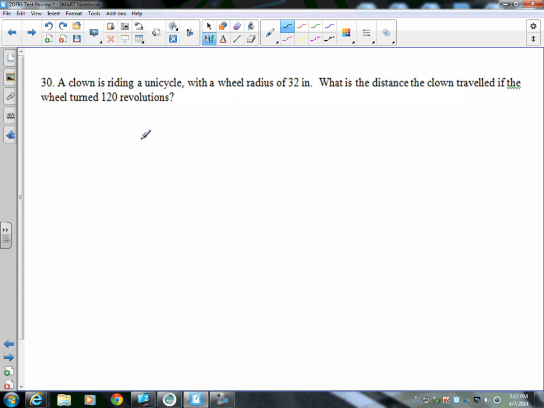And the last question, number 30. A clown is riding a unicycle. Oh, these clowns. It says with a wheel radius of 32 inches. A wheel is a circle. Radius 32. Beautiful circle. So what's the distance the clown traveled if the wheel turned 120 revolutions? Well, if the wheel turns around one time, going all the way around the wheel, we're looking for the circumference. Circumference is 2 pi r,